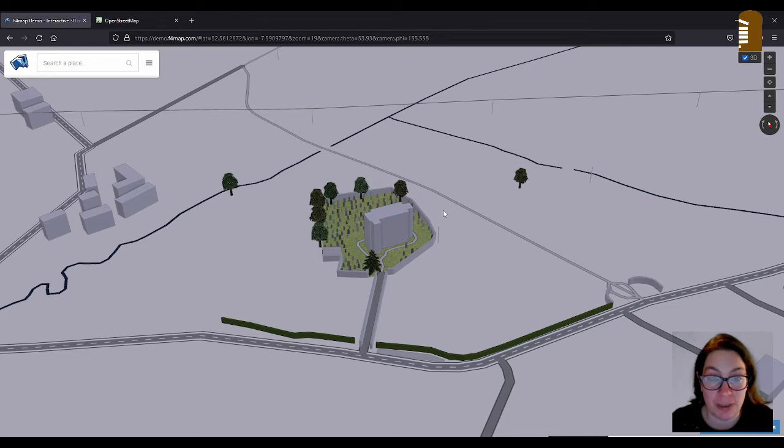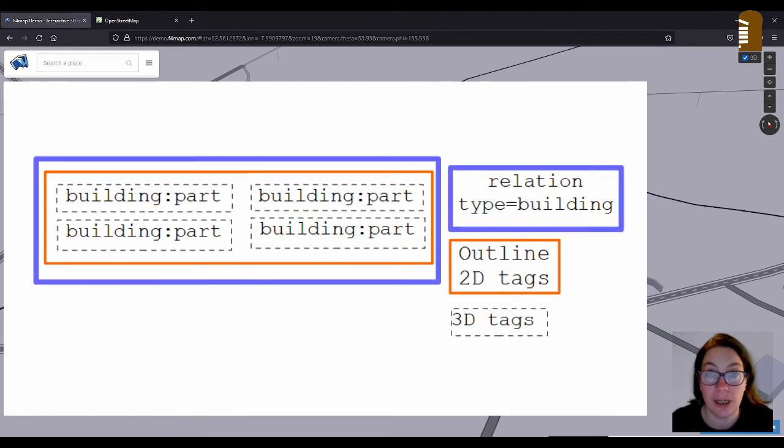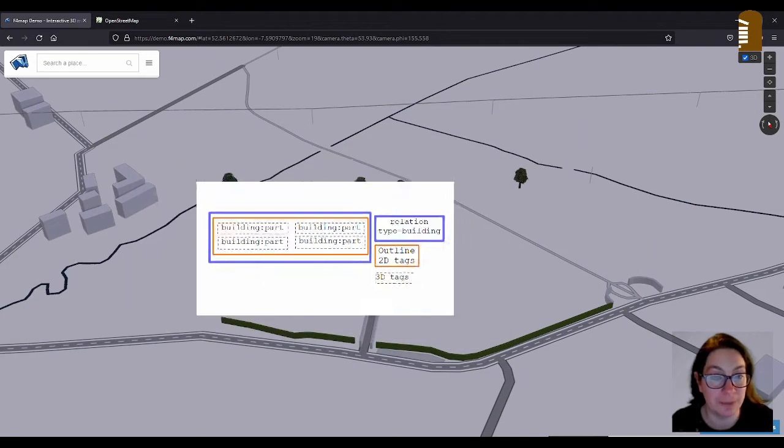If you want to do 3D mapping with more complex buildings, you have to follow a certain pattern. If you don't use just building levels and roof shape, if the building contains several building parts, what you have to bear in mind is that you have to use a relation. I used to do it wrong for a long time, but I think I got the hang of it now, and that's also why I'm sharing how to do it properly. So you need building parts. It's a bit like Lego or something, and then you need the relation that you put all the building parts in, like a zip file or something like that.